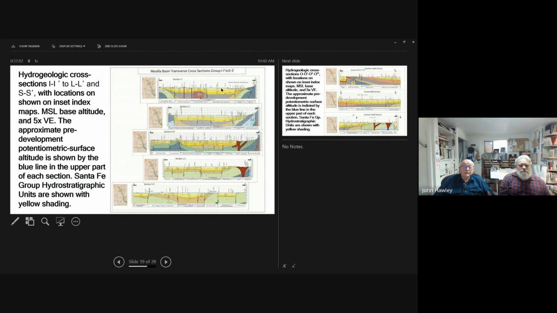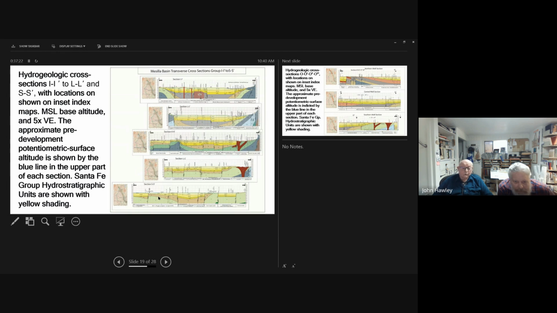They have relatively high hydraulic conductivity and relatively good quality water. And these are cross sections. This particular cross section, for instance, is along